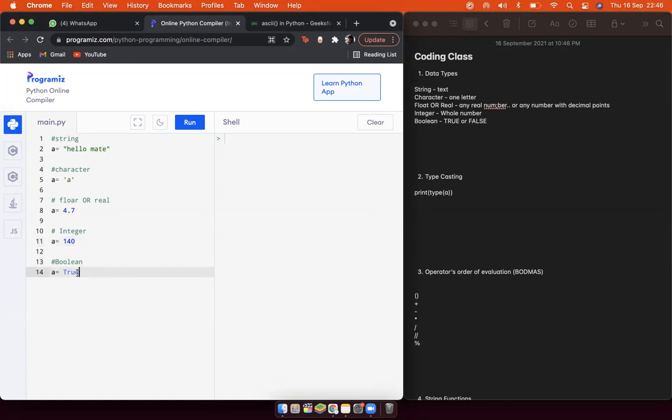See, it turned a bit light blue, because that's a reserved word in the Python language. So true, or if you write false. Its data type is boolean. All right, any questions with the data type thing? Yes, no?